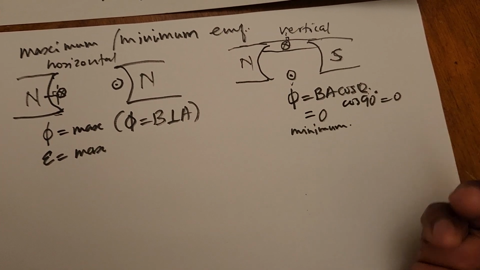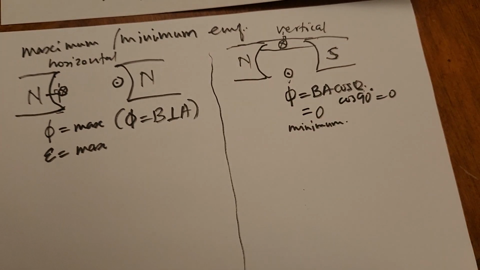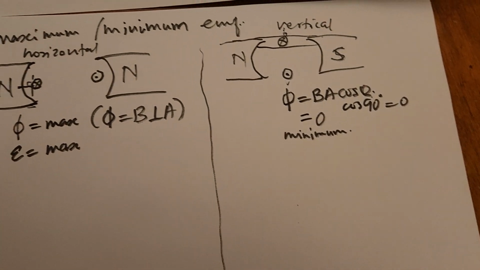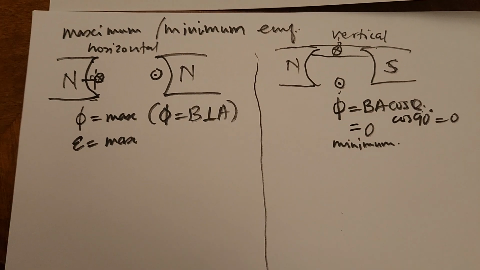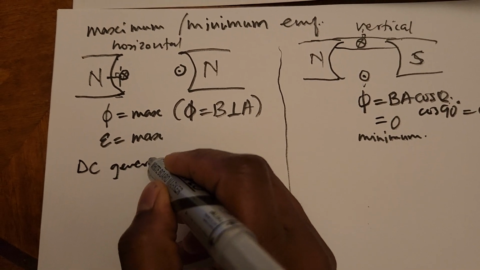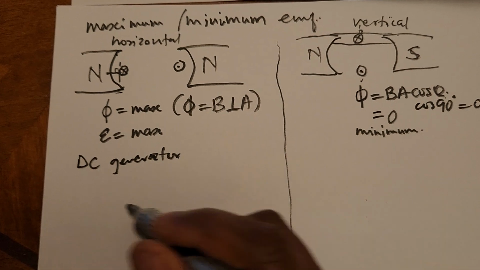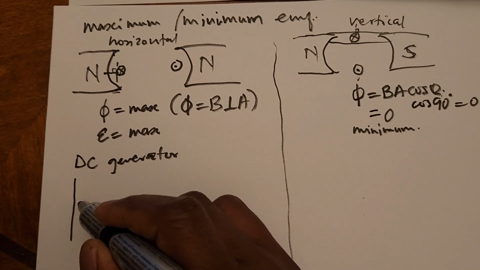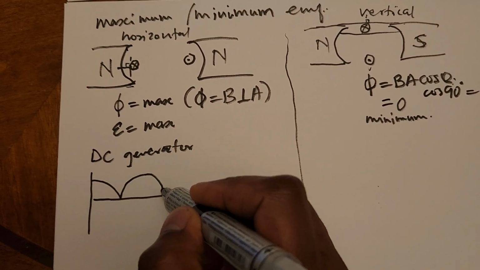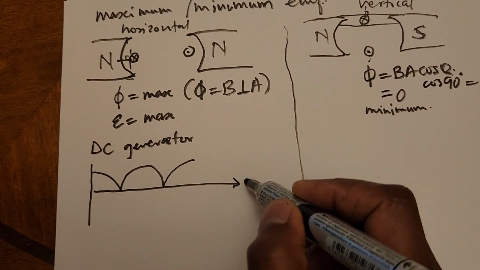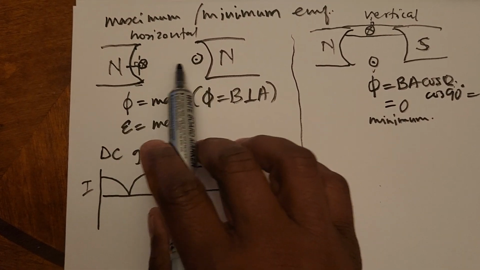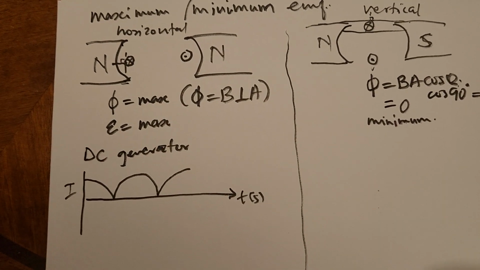So in this case, let's say for example they request you to draw the EMF starting from this position, the current time graph or the voltage time graph. There are two versions for a DC generator. When you draw from this horizontal position, you will have this. It will start from maximum, minimum. This will be the case, and then you will end this way. This is the graph of current versus time, or voltage versus time, when the coil starts from this horizontal position. And then if